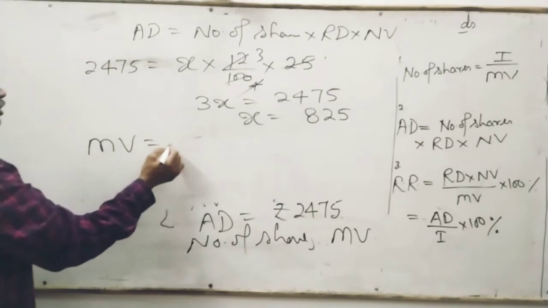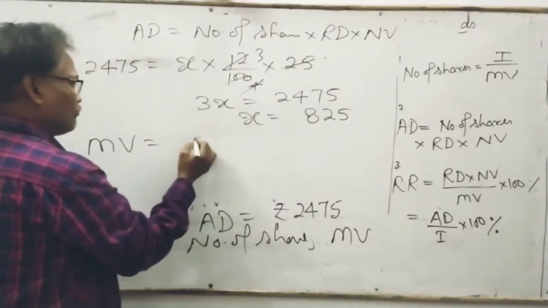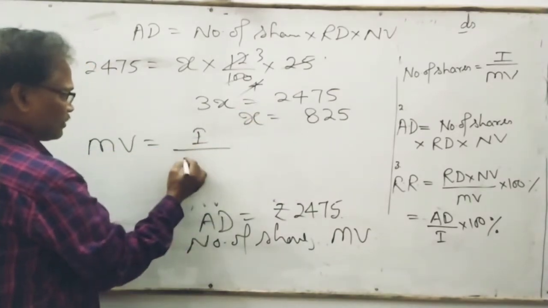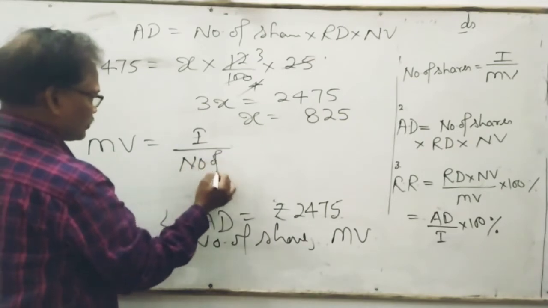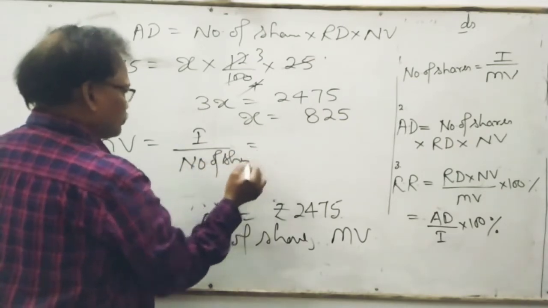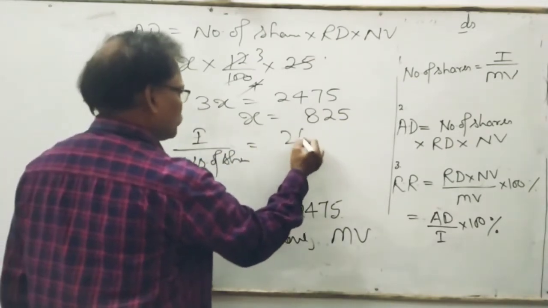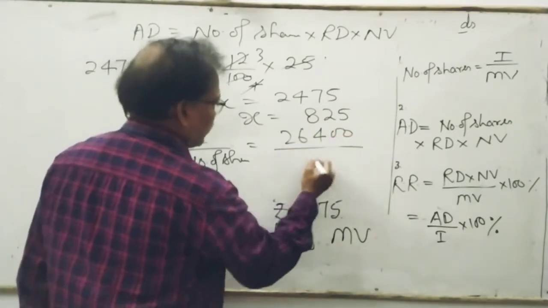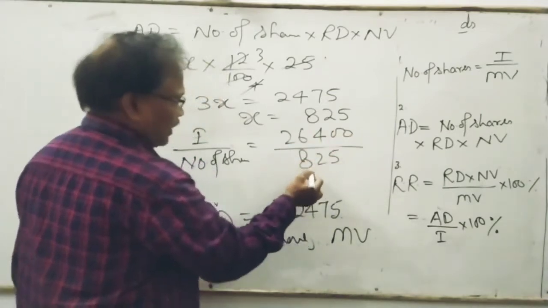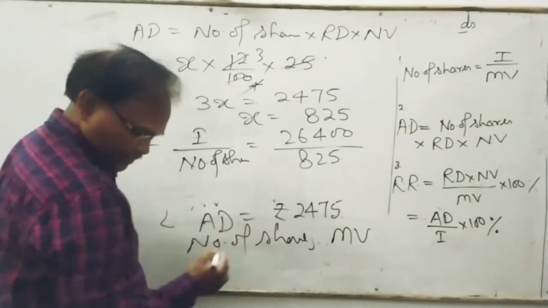Market value is equal to investment upon number of shares. So this is equal to investment 26400 upon 825, and divided by 825. So you will get